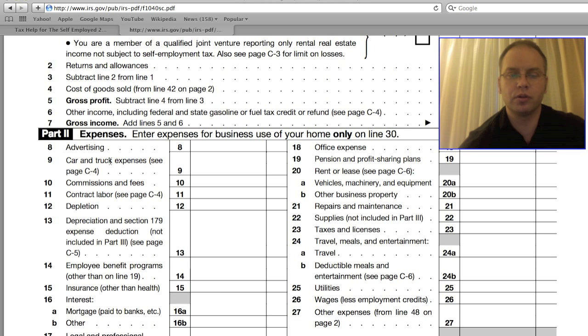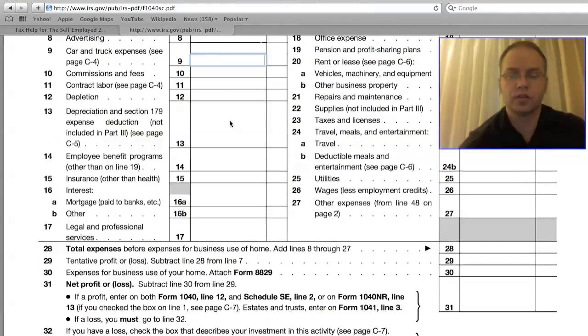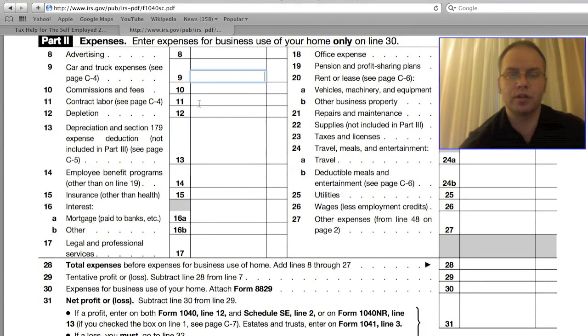This is what I consider the most important area of the Schedule C, is your expenses. You're going to break down, separate all the expenses of your business and fill in these different boxes. And find a box that is the same as that expense, as close as possible. Put the totals into here. Now, some of the most important areas: supplies, the total of all your supplies; advertising, this is going to be one of your higher amounts; your car and vehicle expenses. I'm going to show you how you calculate that real quick. I do have videos on that, so I recommend looking at that. Okay, so really take some time to look at Part 2, and write down these expenses and see what you can come up with,